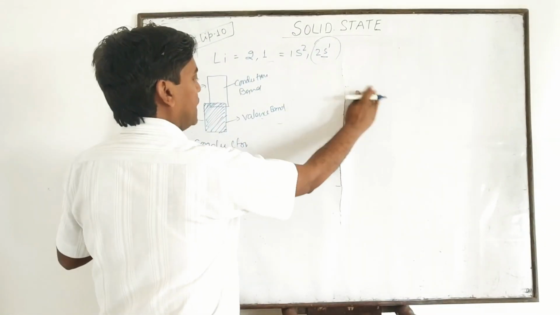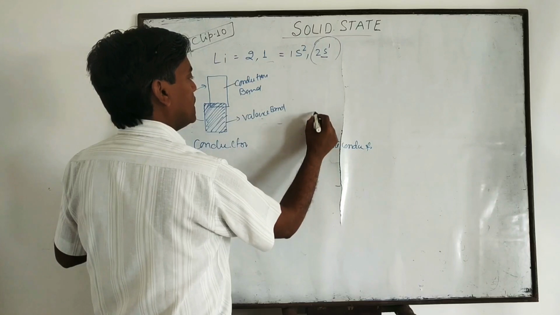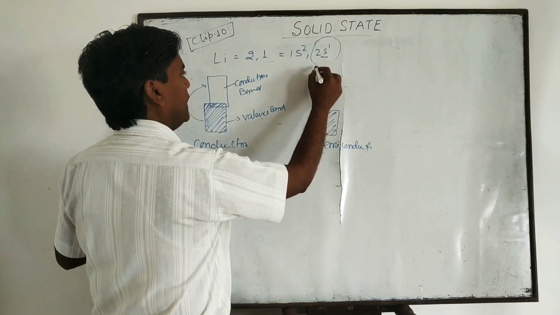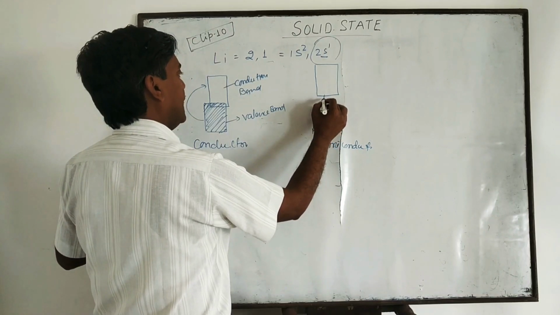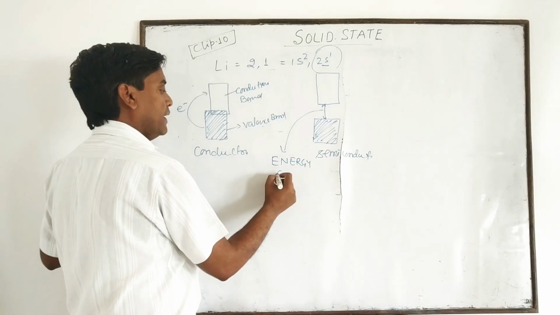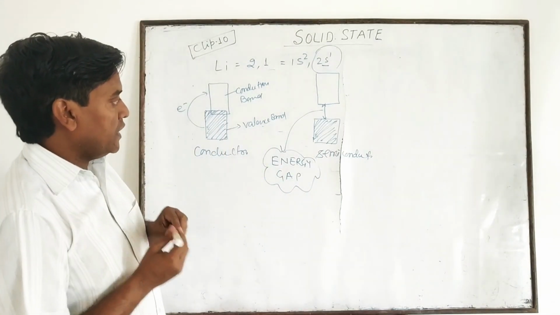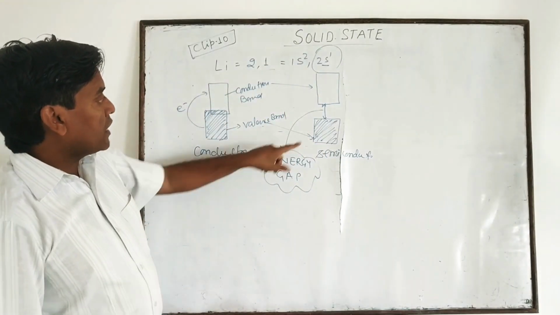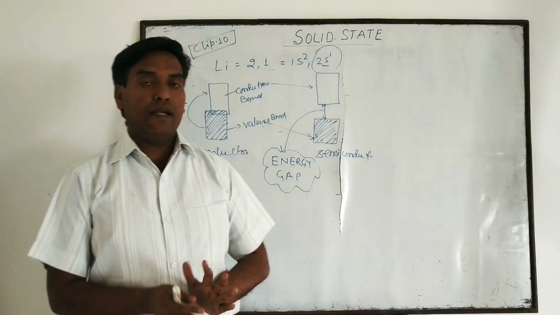But beta, in case of a semiconductor, this is a valence band, highly occupied, and this is a conduction band, and such a gap is known as the energy gap. One question can be asked: what do you mean by the energy gap? Then you simply say, this is which band? Valence band. And this is which band? Beta? Conduction band. The distance between the top of the valence band and the bottom of the conduction band is known as